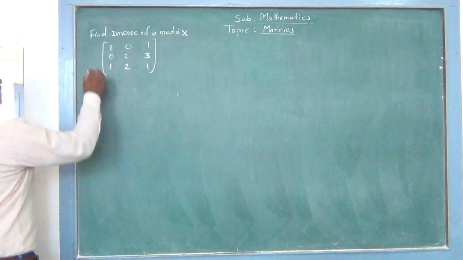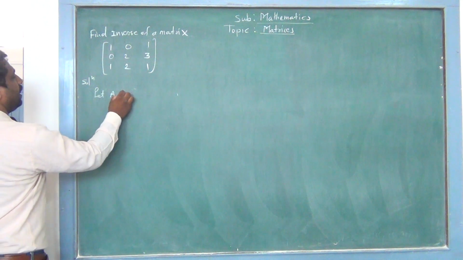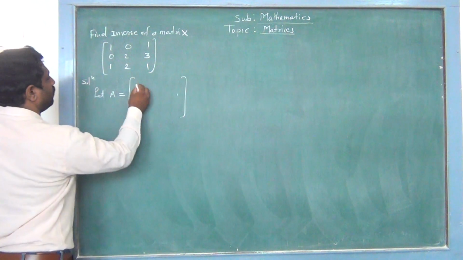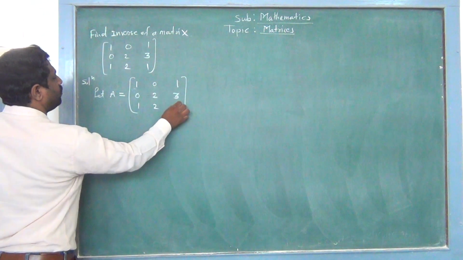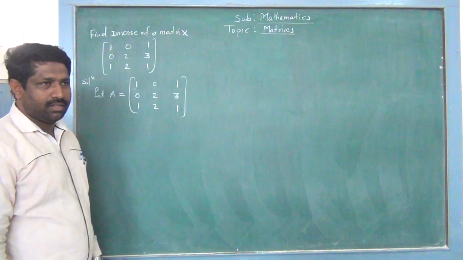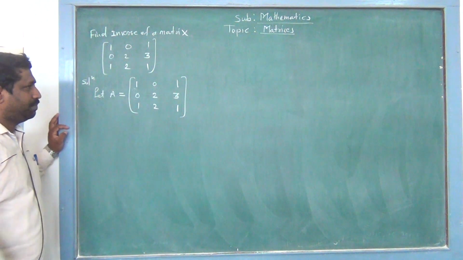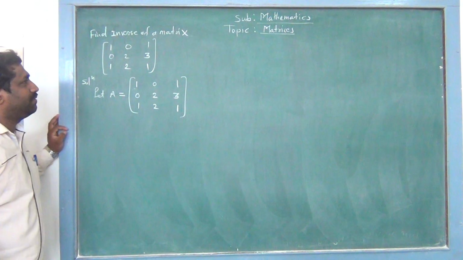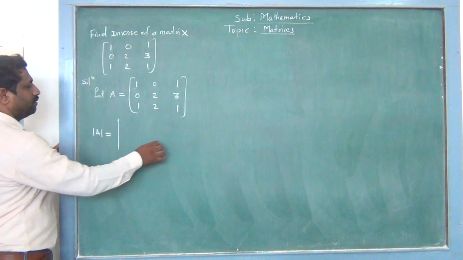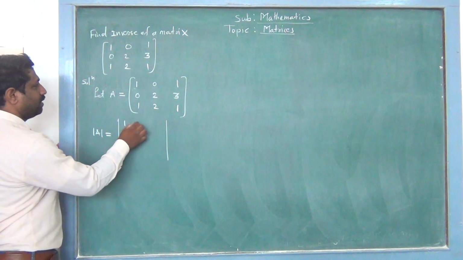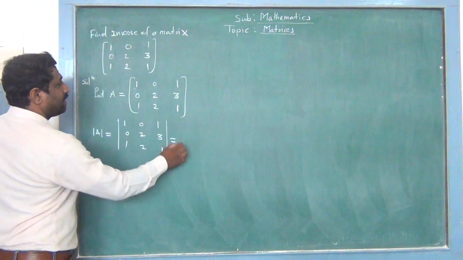So solution, let A be the matrix [1 0 1; 0 2 3; 1 2 1]. As we have seen in the previous lecture, the procedure and steps for how to find the inverse of a matrix. First step, we find the determinant of A. The determinant of the matrix 1 0 1, 0 2 3, 1 2 1 is equal to